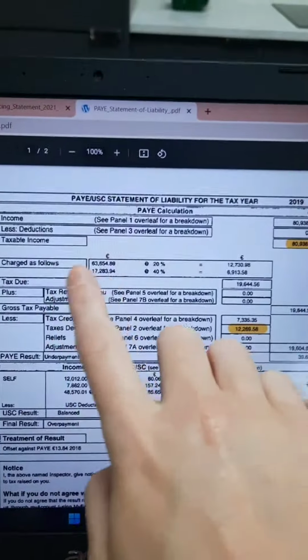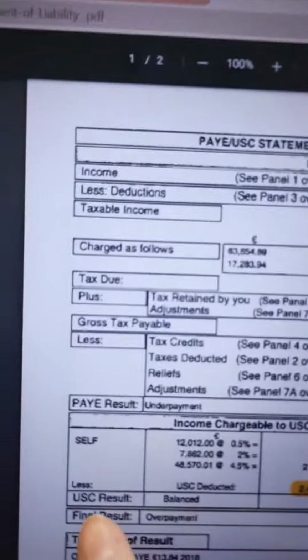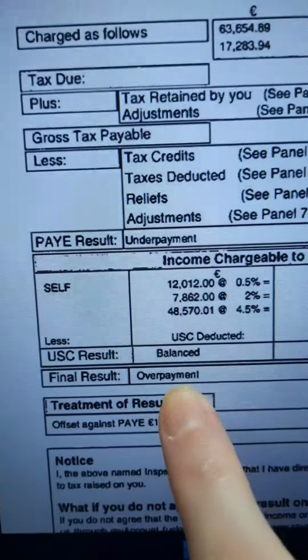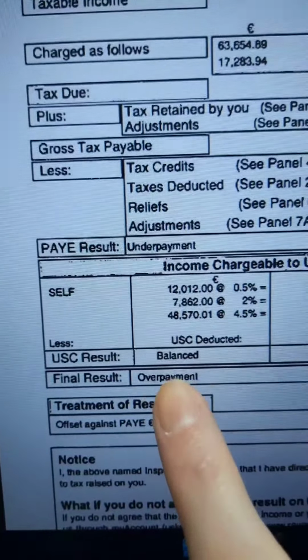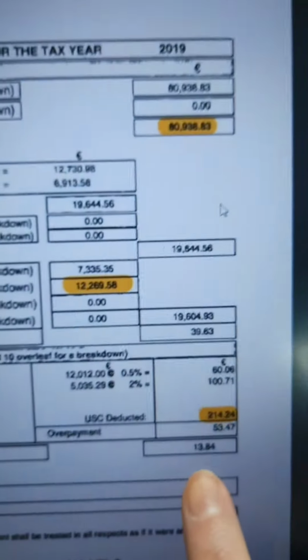Don't get too bogged down about how all the tax is calculated here. You don't need to worry about that. What I'm going to show you is down at the very bottom here, you're going to look at final result. And in this particular instance, it says overpayment. So this means that this person overpaid their tax during this year. So they are owed a refund of